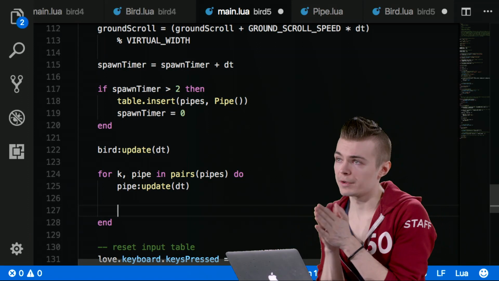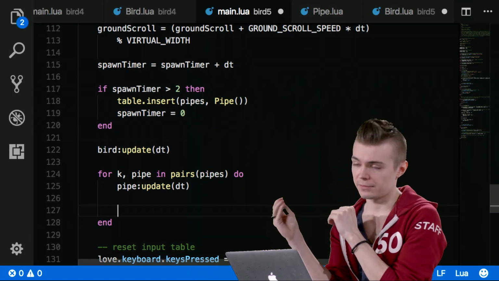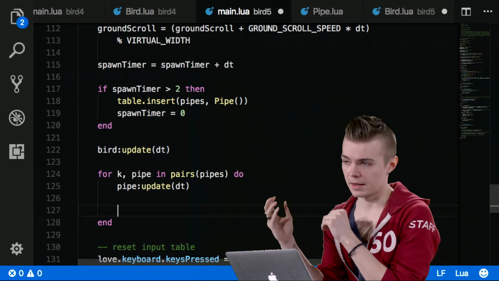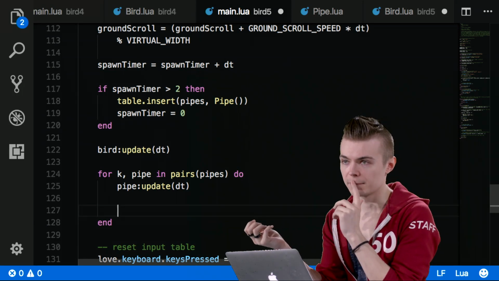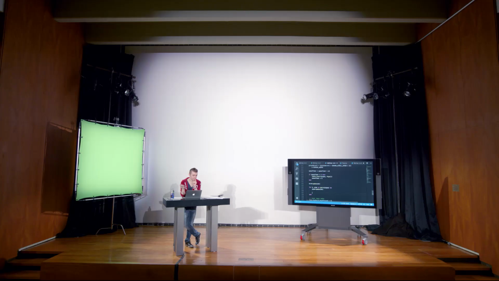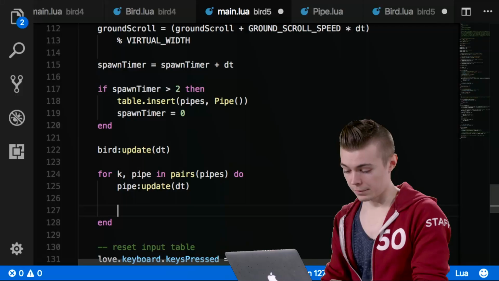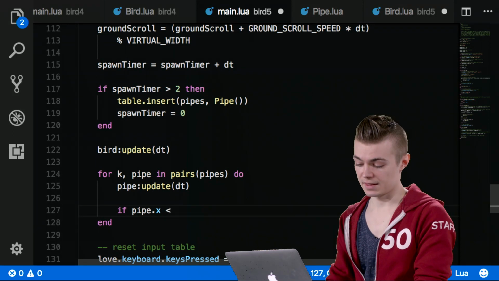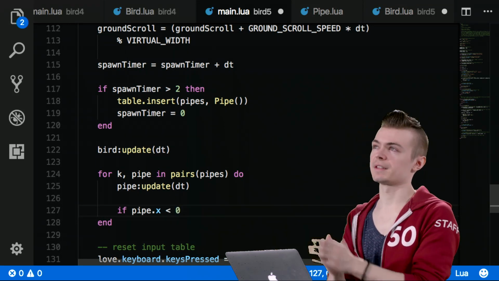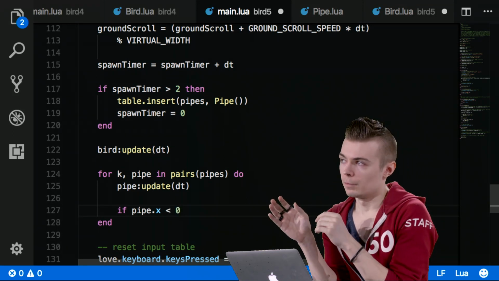And then what was the other important feature? So this will have the effect of scrolling it now. It's going to get its x shifted. But what was the other important thing we need to do with every pipe in our scene? When x is less than 0, you have to take it out of the list. Yes, that is exactly true. So what we're going to do is if pipe.x is less than 0,